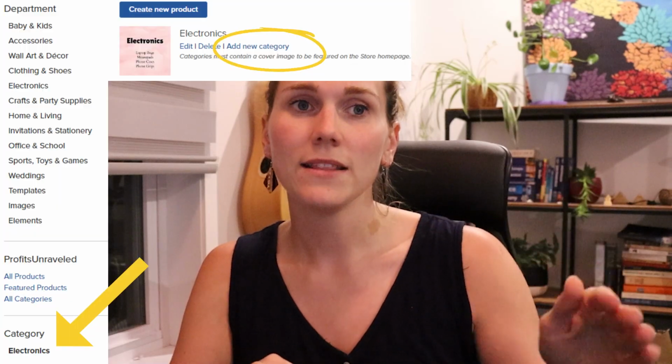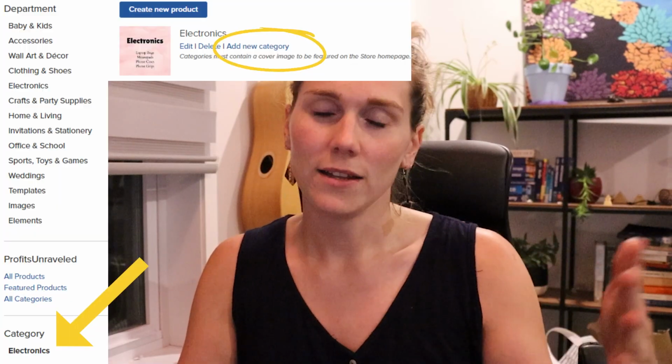And then to add subcategories, you need to click on the header category and then add a new category and take the same steps. And that's pretty much it. So I hope that this was helpful and has cleared up any confusion about categories. And I hope that you use categories in your